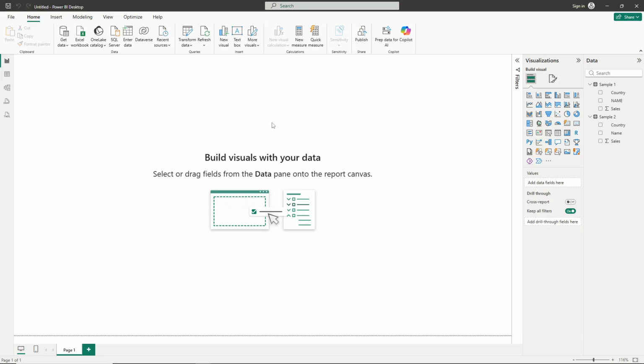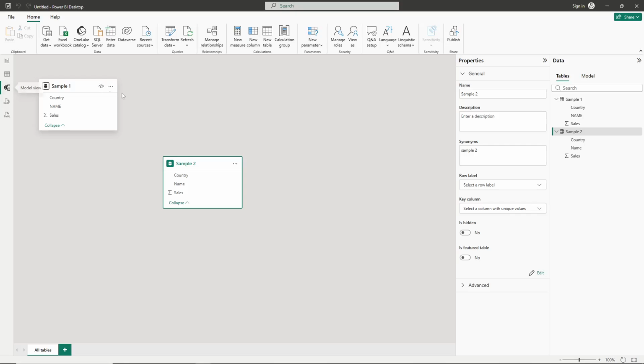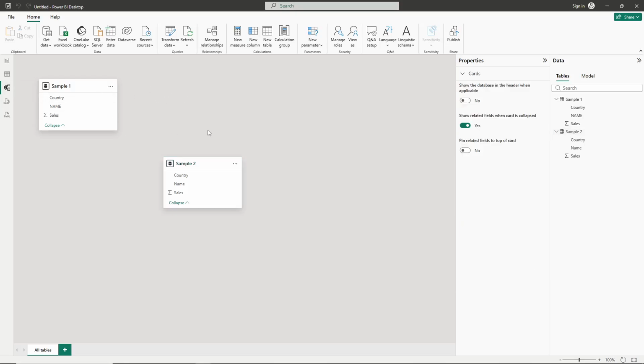First things first, open your Power BI application and make sure you're working with the dataset you want to connect. Once you have Power BI open, look over to the left side of your screen where you'll see several icons representing different views. Click on the Model View icon to switch your workspace. This view is specifically designed for managing relationships between tables and gives you a visual layout of how your data